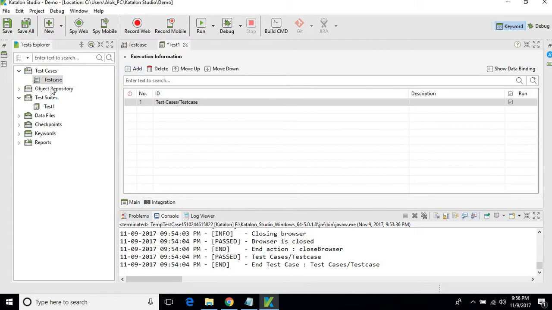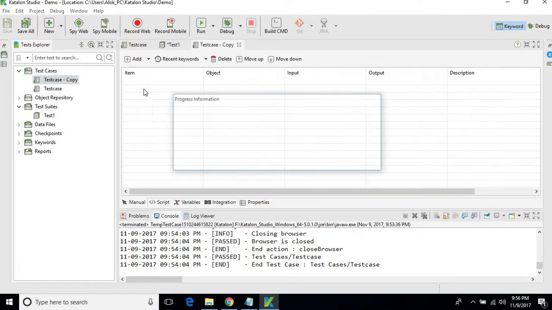Okay, I'll do one thing. I'll just create one more test case. I'll just copy and paste it here, and I'll rename it to